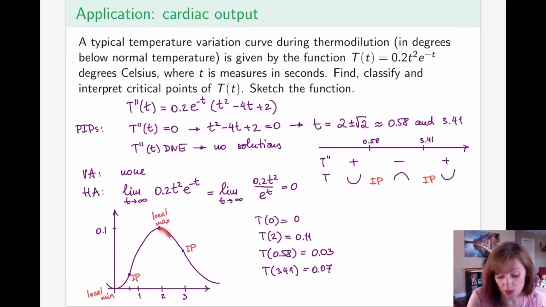Especially in this particular case, it's not going to take that long because the amount of solution injected is usually very small. Same for in the beginning, it increases, so the temperature goes away from normal and then comes back to it. The graph seems to make sense in the situation, so this is a good common sense check, just to make sure that some silly arithmetic mistake did not lead you to a completely